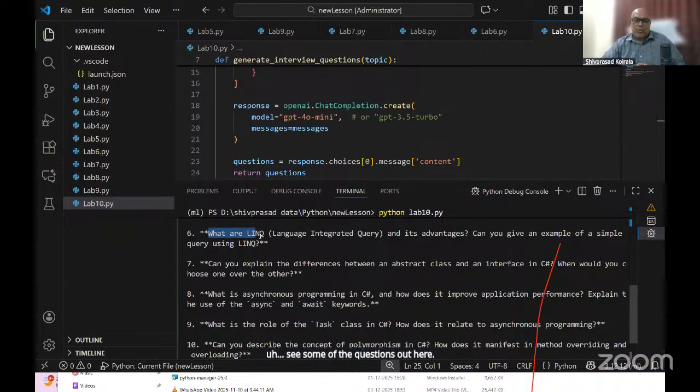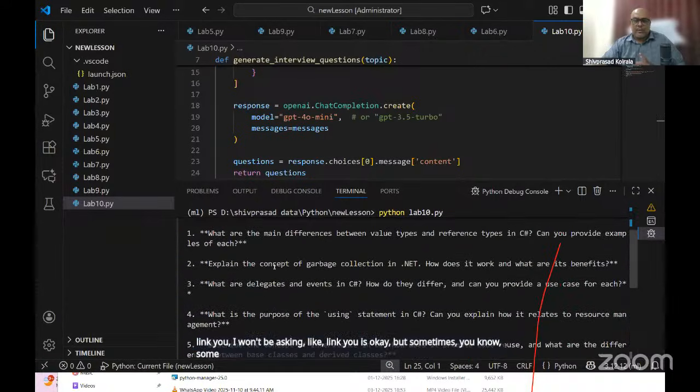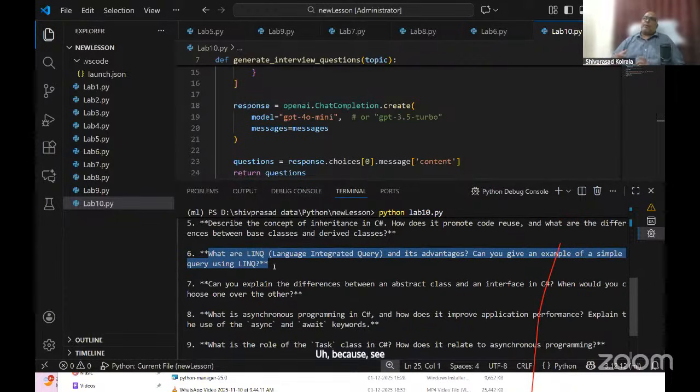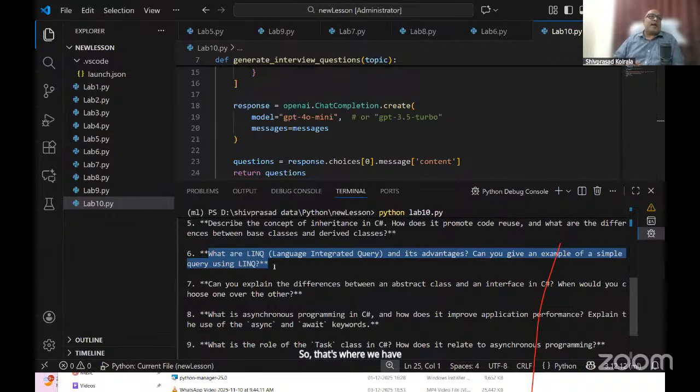Link you, I won't be asking, like link you is okay. But sometimes some question comes here, because see, OpenAI is the whole world. But for you, it is not. You don't want the whole world, right? You want your context. So that's where we have something called RAG, right? So your organization says, I want to get the data, but get the data using my own context,